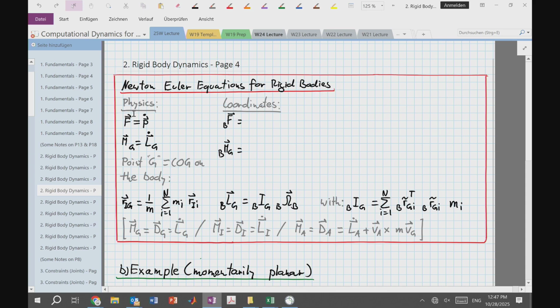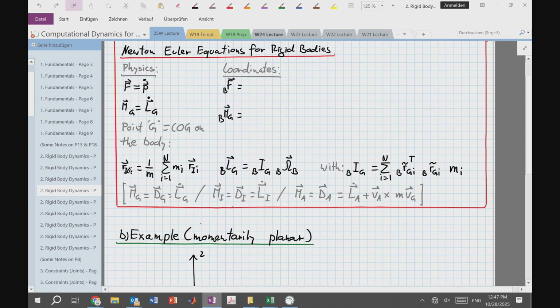And now I'm summarizing physics. Sum of all forces is equal to the change of total momentum, where total momentum is defined as mass times velocity of the center of gravity. Sum of all torques about the center of gravity is change of angular momentum about the center of gravity. And this just summarizes how we compute the location of the center of gravity, how we compute angular momentum, and how we compute this inertia matrix